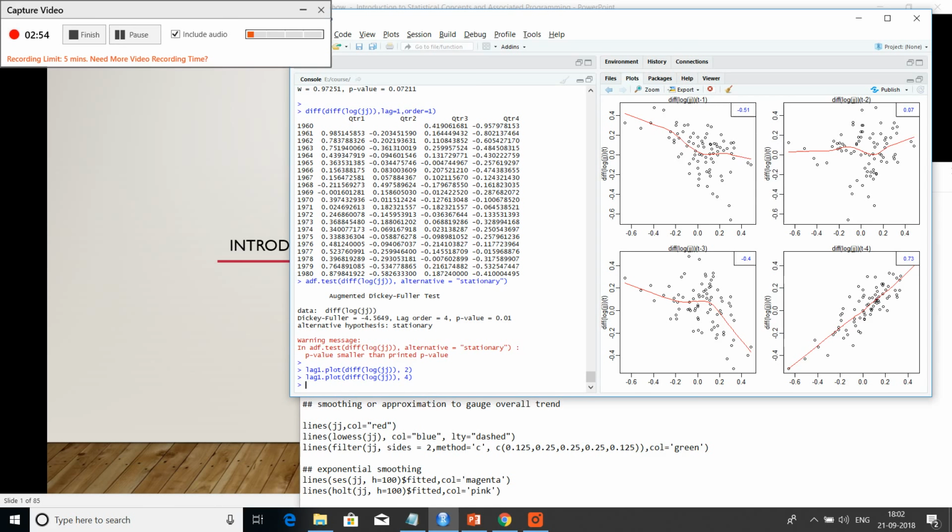The line which goes through these points is a smoothing approximation, which we'll cover in